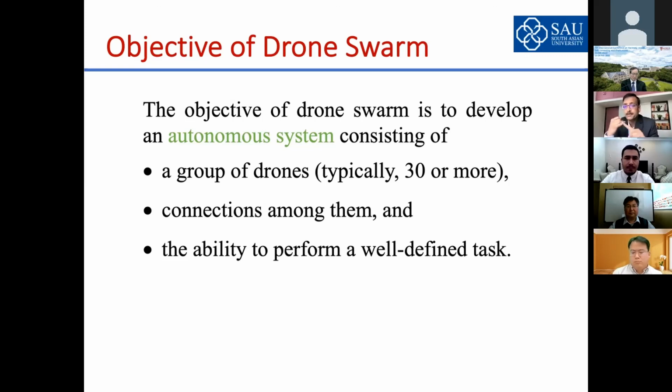In swarm intelligence based algorithms also, we prefer the local best algorithms, the less connected structure, ring topology kind of communication networks, over the fully connected structure. Similarly, in the drone swarm also, we would prefer a less connected structure, but ultimately the information one has can be shared with anybody else via other drones. And of course, the ability to perform a well-defined task. If there is a drone swarm for the defense, it can